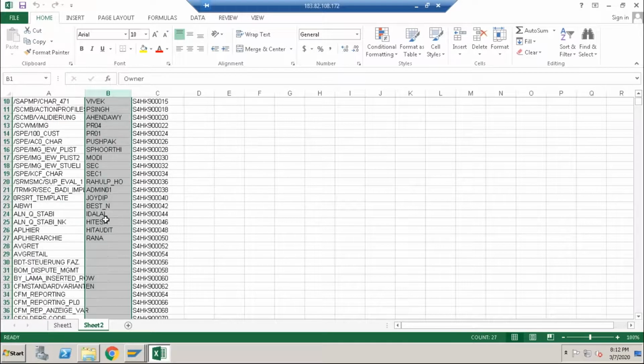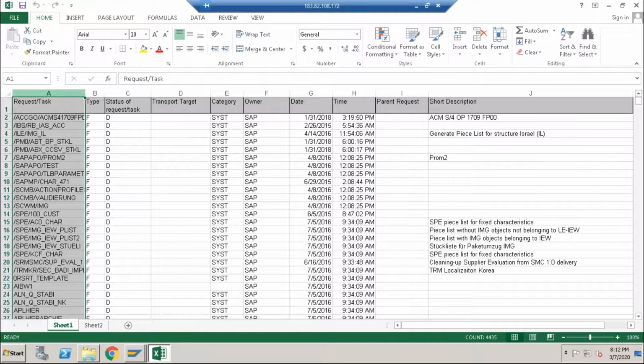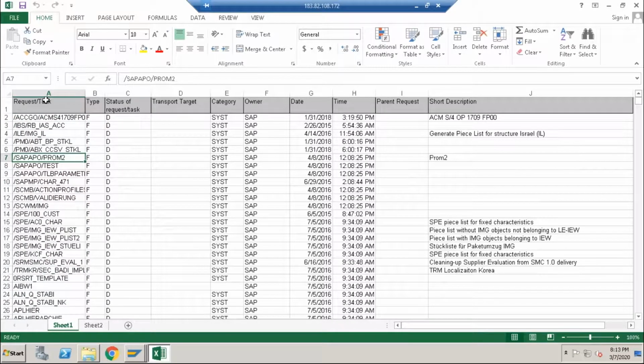What is the first column? The first column is the request or task. What is the meaning of request and task here? The number is not E070. It is different when you show the category system. Just a minute.